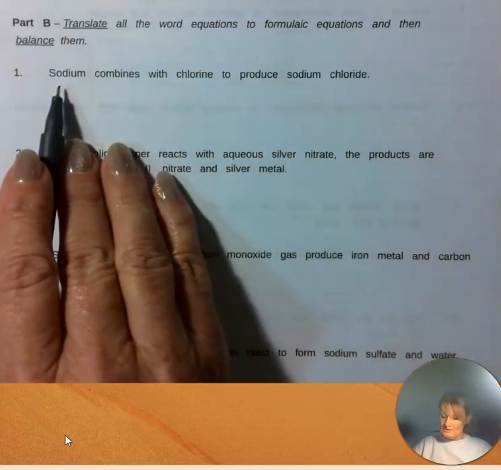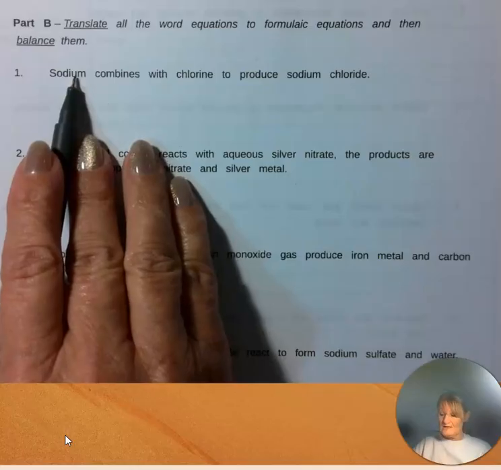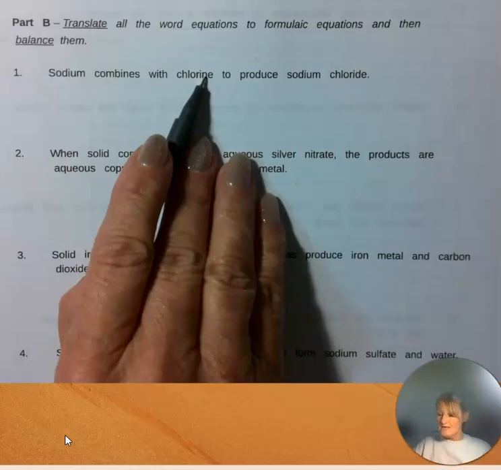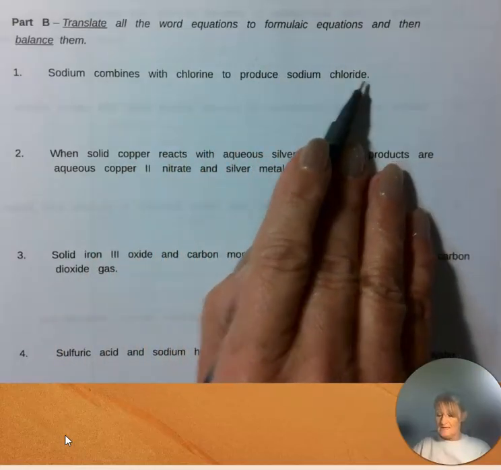Again, when you look at this, just look at what it says. It says sodium. That's just the element. It's going to combine with chlorine. Now, don't forget, chlorine is diatomic, and then it's going to produce sodium chloride. Okay, it doesn't give you